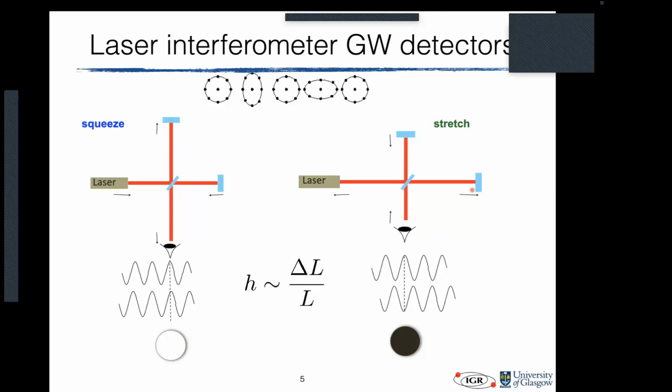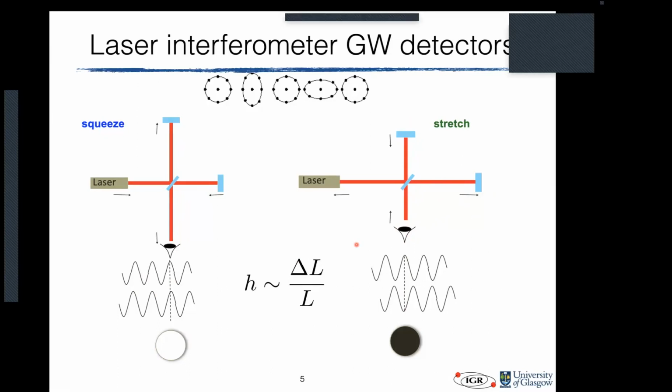That you have this stretching and squeezing, changing the light travel time down the arms, and that leads to a change that's observable at the detector. And that change is a function of the strain amplitude. Now, this is a very simple way, and Joe will show you that there are many other bits and pieces that you need to make a laser interferometer gravitational wave detector. But the principle stands that this is the principle behind how a laser interferometer gravitational wave detector